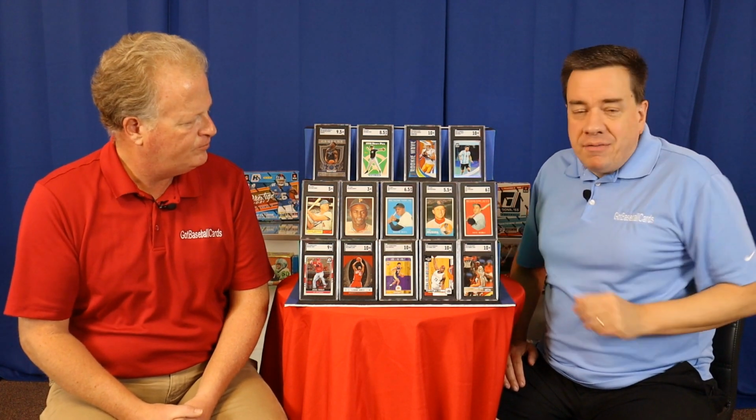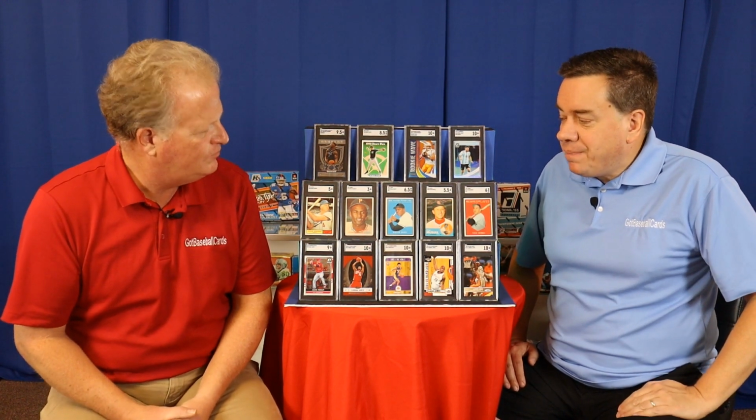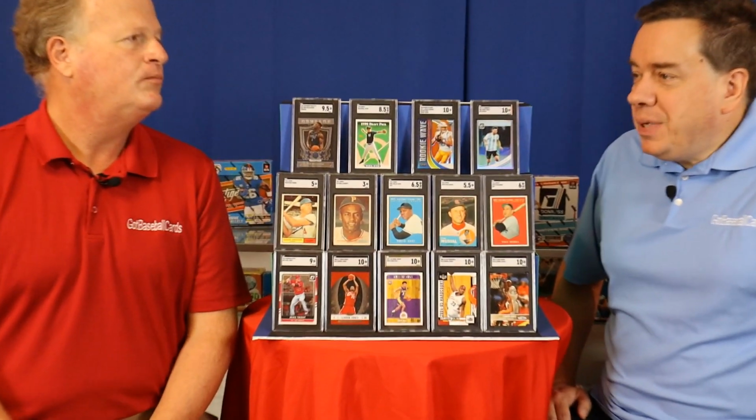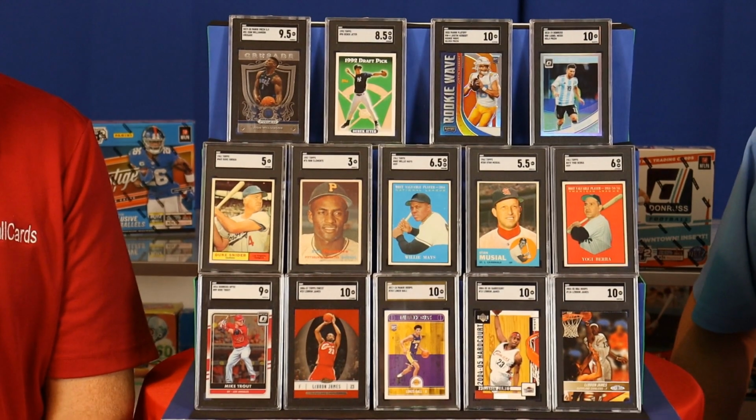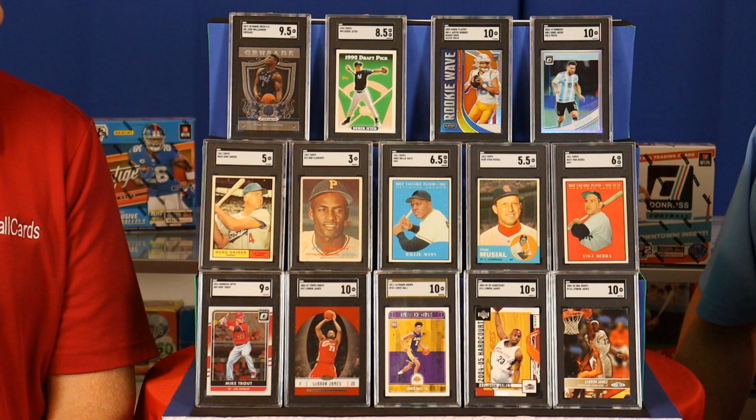But with that pricing in mind, a lot of collectors are coming in and saying, I've got, for example, a 57 Clemente, which is a great card. Maybe it's not really high grade like this one here that we're showing, which is a 3. And they still want it graded though, and they're like, I can't spend $100 on that card, or I can't spend $180 on that card, but I want it in a reputable holder,